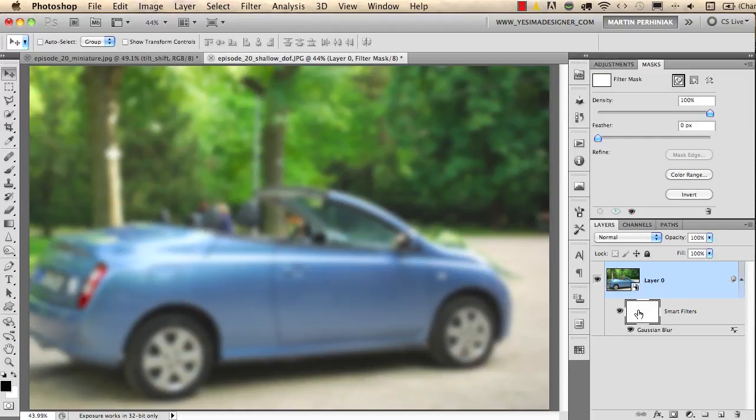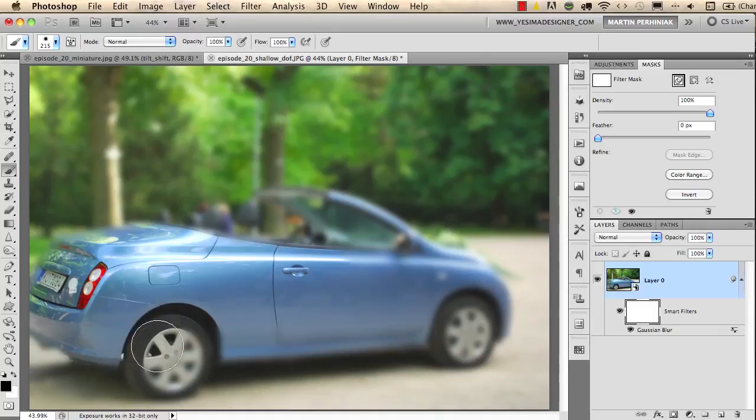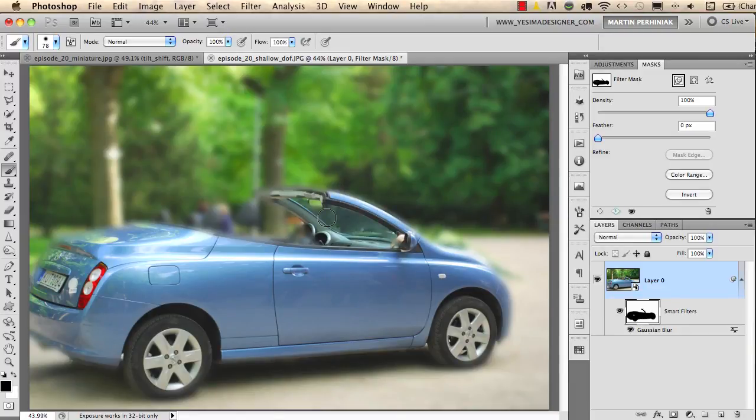So I will select the mask here, the smart filters mask, and I will use my brush tool with a black color, and I will draw over the car. You can see we can easily get rid of the effect of the blur from the car, and we can only use the effect on the background. Of course, you can be more precise if you make selections and not only use the brush tool, but by only using the brush tool you can see the power of using smart filters and using blur to change the